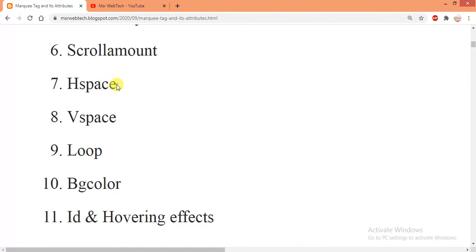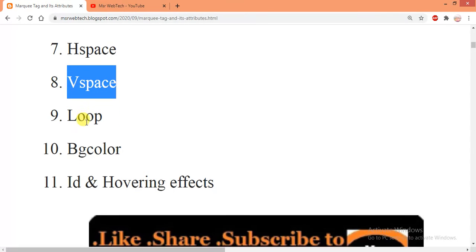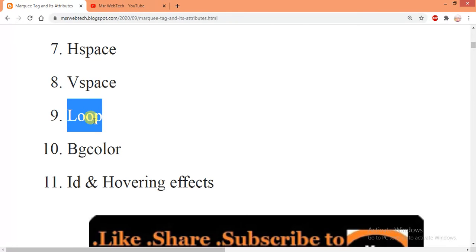Next thing is hspace. Hspace is used to create horizontal space around the marquee. Next, vspace. Vspace is used to create vertical space around the marquee text. Next, loop. Loop is used to set how many times the marquee has to revolve, like one time, two times.